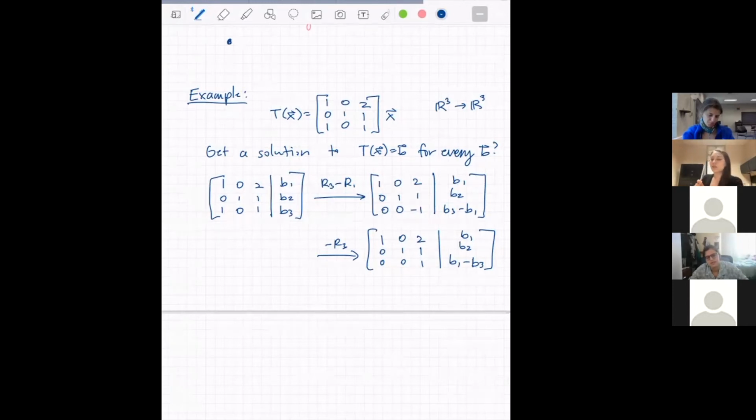It's not that there's no free variables, it's that we don't have any rows without a pivot. Like, every row has a pivot. Okay, thank you. Yeah, if you have a row without a pivot, you could possibly have an inconsistent system for some values of b, right? So really already we know that,